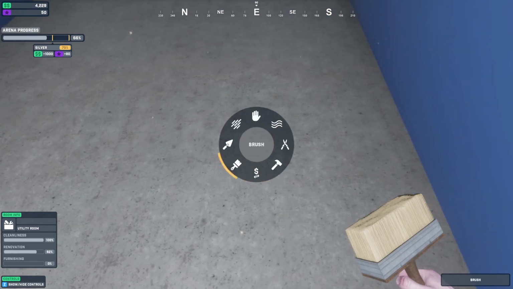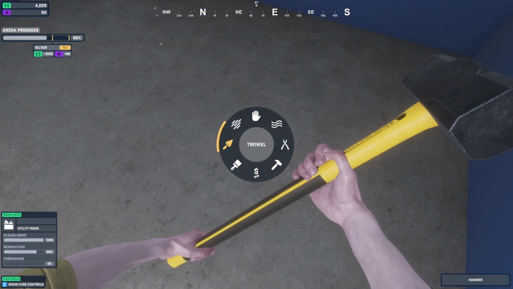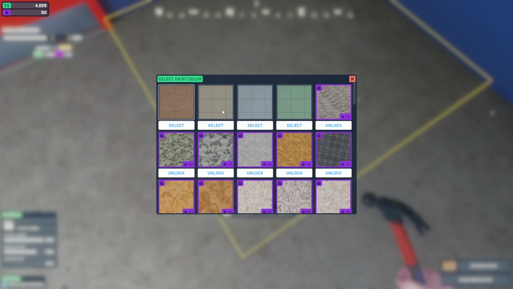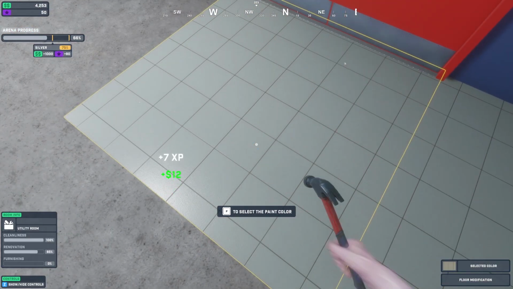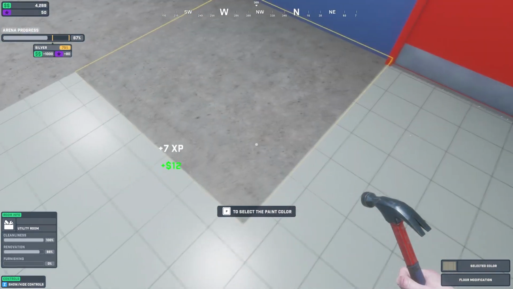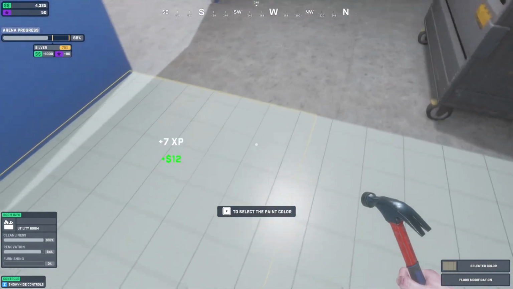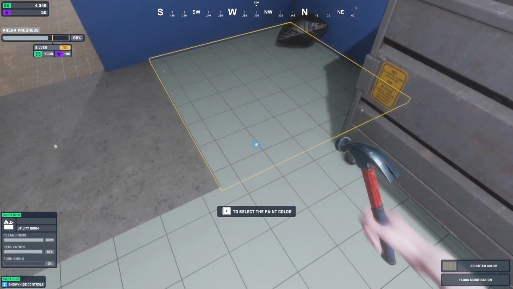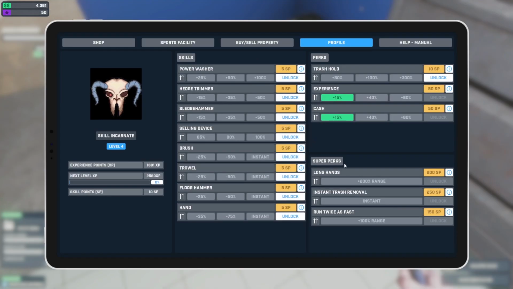Okay, renovation, the floor, of course. Okay, so we're going to go with tiling again. We're going to pick something a bit bigger. I'm happy with that. Because you know these arenas, there's no point putting carpet in here. Tiles and floorboards are going to be our best bet. And we've got level 4. Nice. So the next thing I can do is...